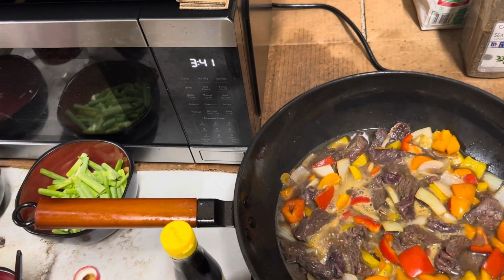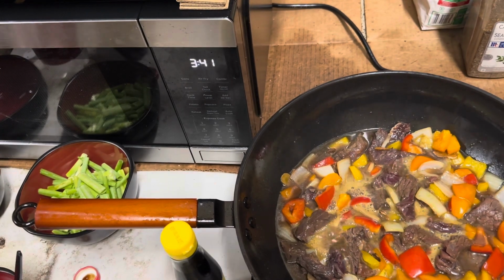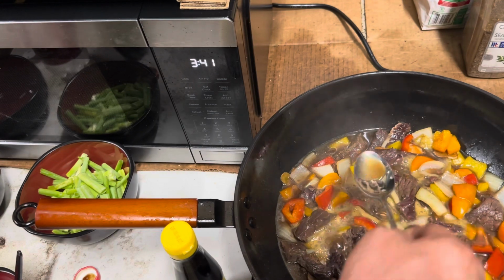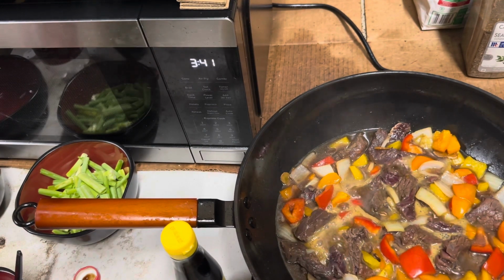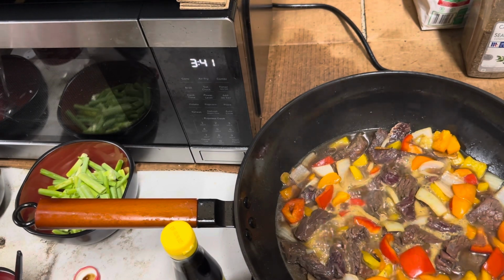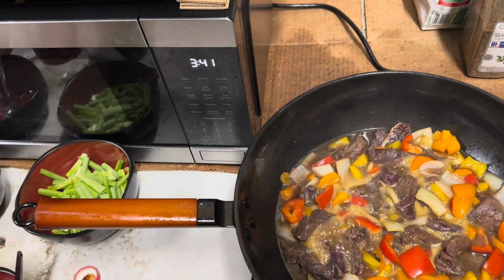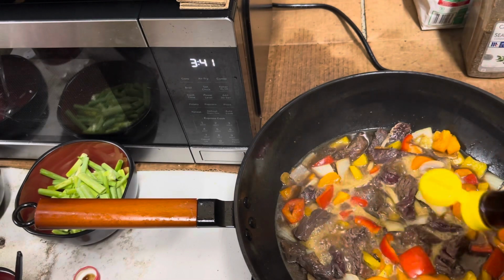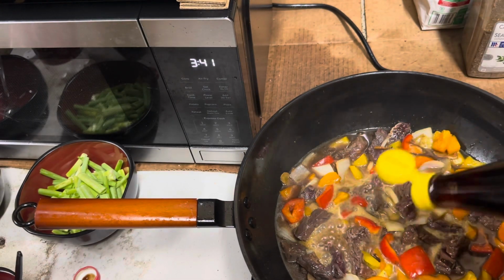is taste to see what the salt level is on this. So I'm going to, oh yeah, that'll be real good. It's super salty, but at the same time super sweet. And so it's not going to take too much. A little more water,